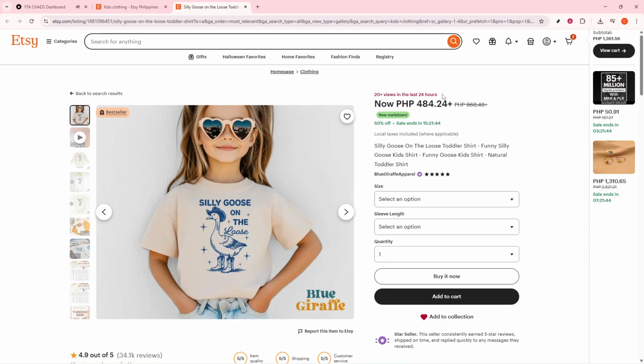Once a customer places an order on Etsy, the order will automatically sync with your POD provider, who handles printing, packing, and shipping to the customer. The profit you make is the sales